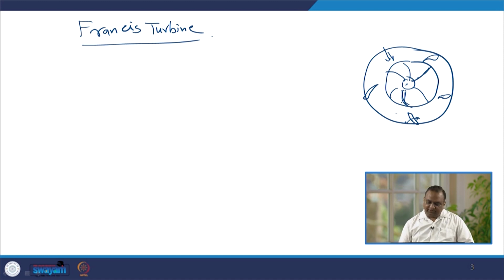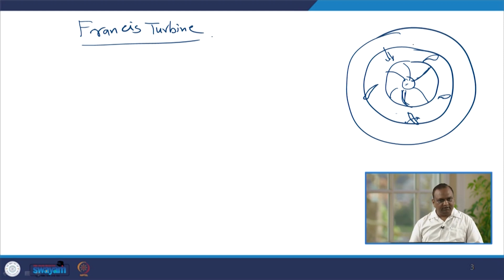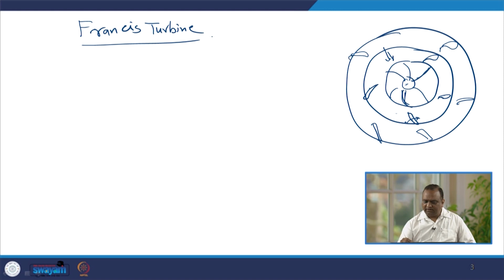Now, after this there are stay vanes also. Stay vanes are fixed and they are half in number of the guide vanes. So, if guide vanes are 20, stay vanes will be 10. They are fixed, right, and the guide vanes also control to a certain extent the quantity of the fluid which is entering the blades, and the stay vanes are fixed, and the weight of the casing also comes on the stay vanes, right.